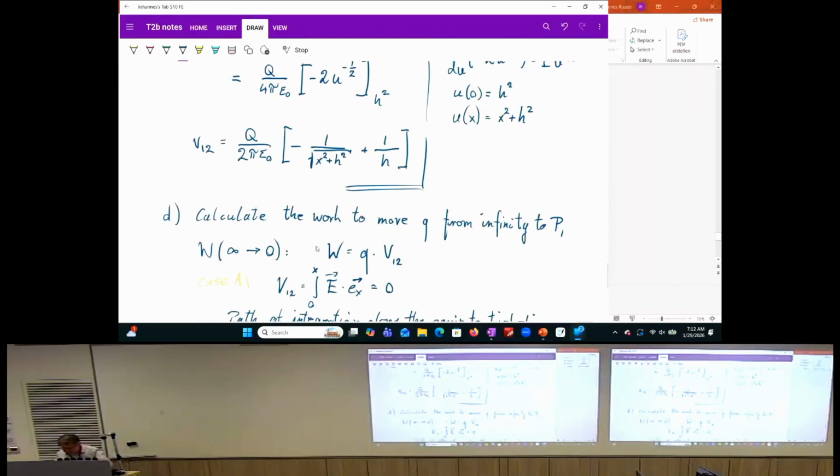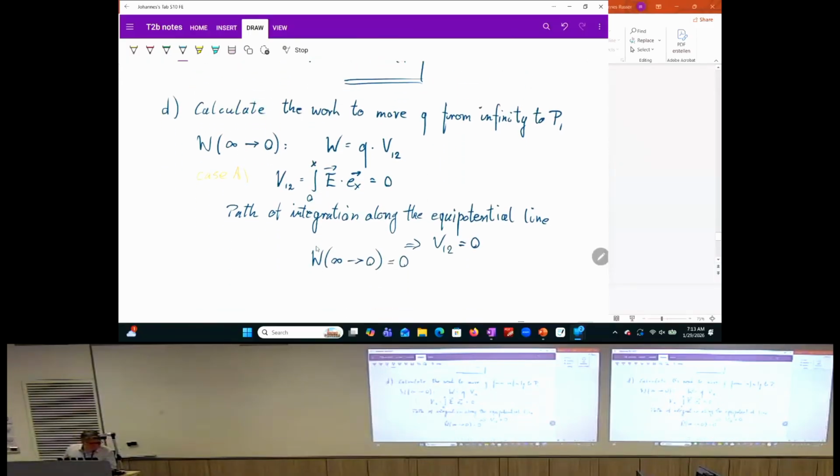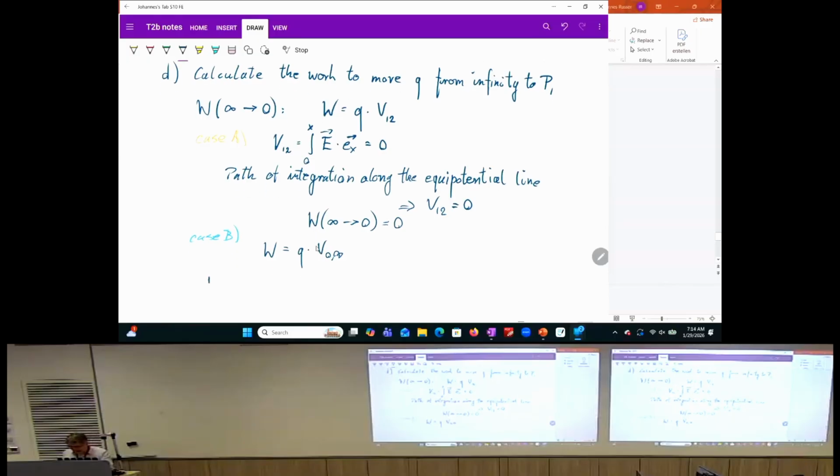Yeah, for equal charges, you see that you can insert x going to infinity. Just cross-checking here. Case B, we have also the work done by Q times, we have to take the voltage from 0 to infinity, and that means we let x, we take the limes, so the boundary value when x goes towards infinity,